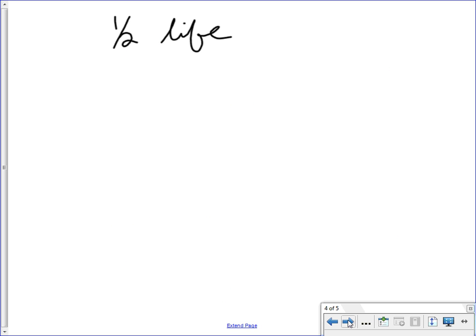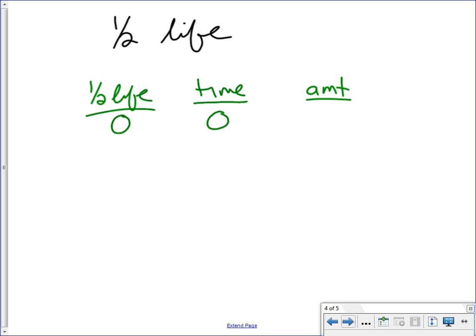Okay, half-life. When you do a half-life problem, you need to start with 3 columns. Half-life, time, and amount. You won't always need all 3 columns, but start with these 3. Every half-life, the amount that you have is cut in half, okay? The first 2 start with 0. These are your initial conditions,